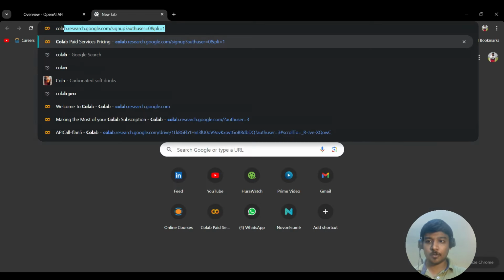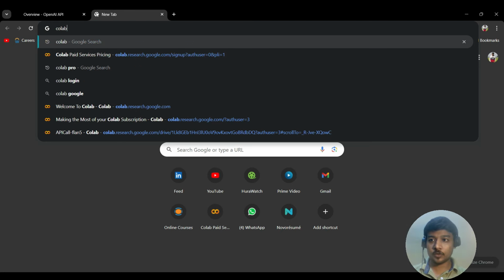People who are not aware of Colab, you can go through my previous video on how to access the Hugging Face models, all the LLM and FM models, the large language models or foundation models present on Hugging Face. I had utilized Colab there as well, and via API calls I accessed and demonstrated their capabilities. So you can go there, and I'll also paste the link of that video in the description, or else you can go through my video feed and you'll be able to find it very easily.